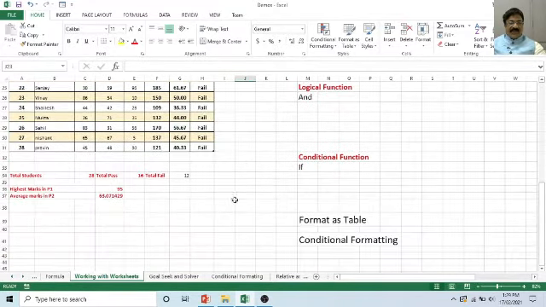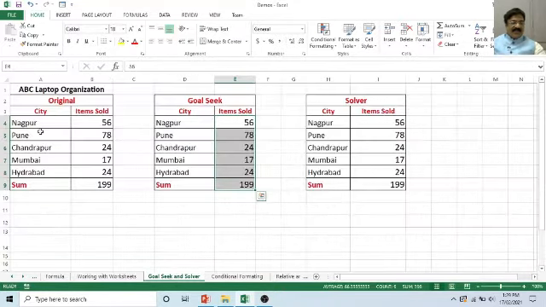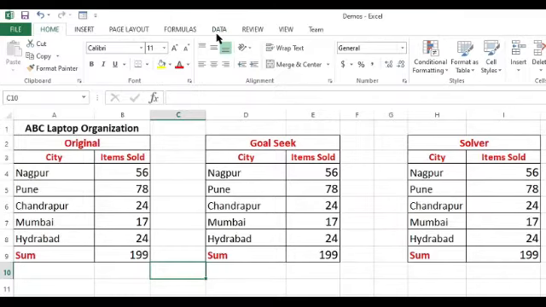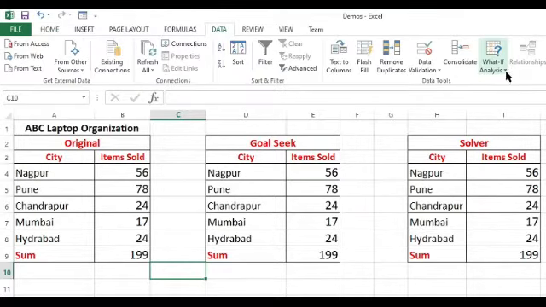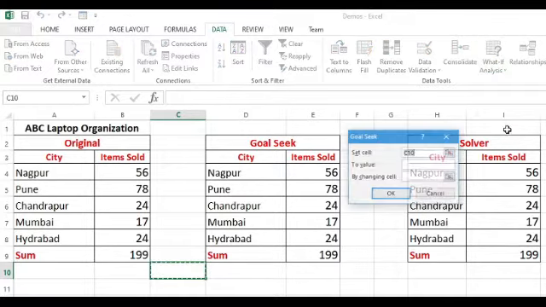Okay. Now it's time to discuss goal seek and solver. Like earlier, assume these are the number of items that have been sold by this particular organization in the previous session, and now their target is to make the sum up to 250 sales by concentrating on a city, say Chandrapur. Okay, so how to do it? This is an example of what-if analysis. Under the data option, we have what-if analysis. So select goal seek.